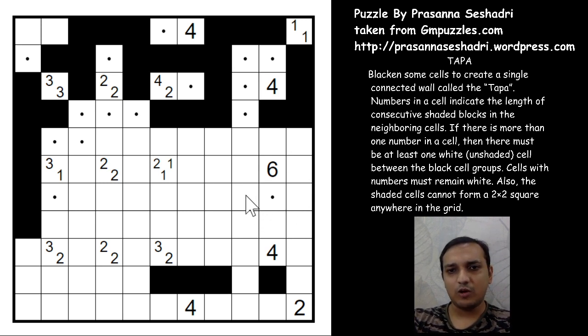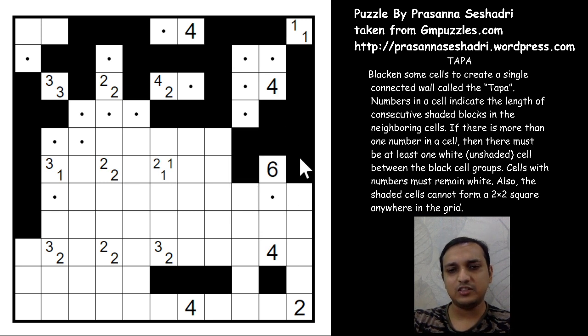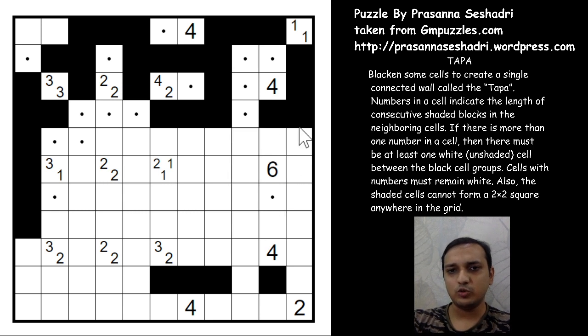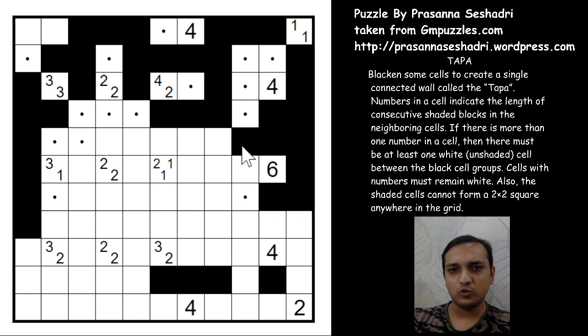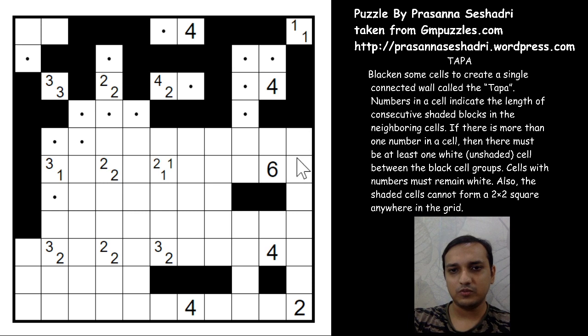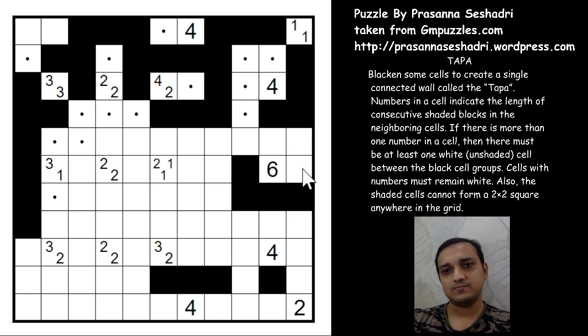So either way, if you have 1 2 3 4 5 6, 1 2 3 4 5 6, these 5 cells will surely be shaded if I have this unshaded cell. So it forms a 2 into 2 group of shaded cells. So this way we can shade this cell. Same way, if we unshade this cell, it will form the 6 cells here, and again a 2 into 2 group of black cells. So we can shade this 1 2 3 4 5 6, even this, and even this.